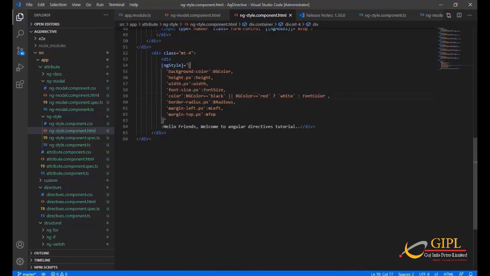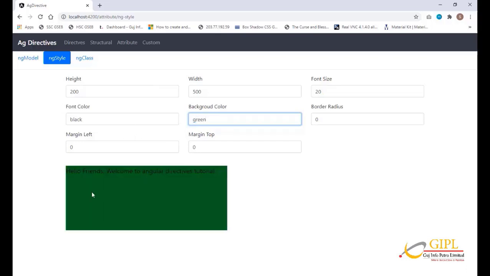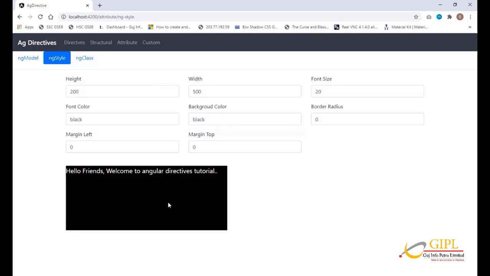Now let's check in HTML. You can see the default font color is black, but the background color is red, so the font color becomes white. If we change background color to green, then the default color is set to black. Same way if we change background color to black, then the font color becomes white.